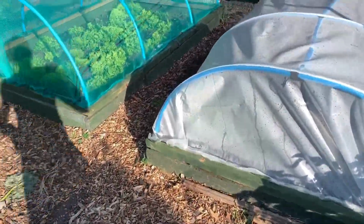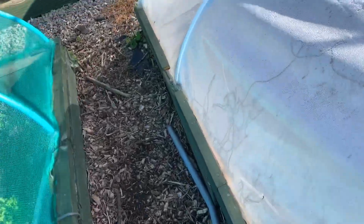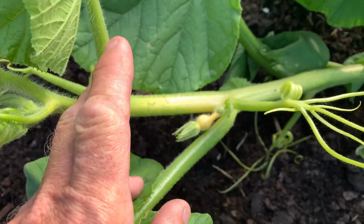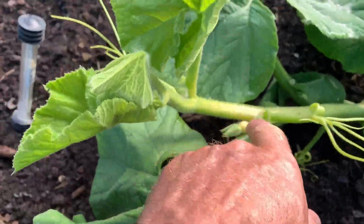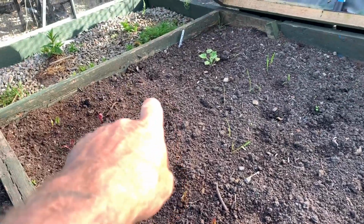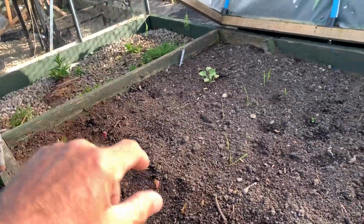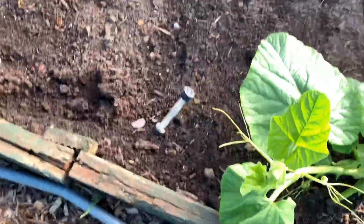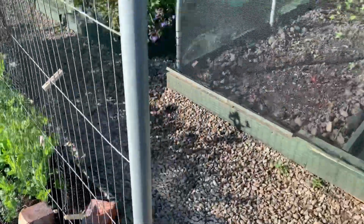Oh, hey, we've got a pumpkin. There you go. First baby. So we'll let it get 4 on. Keep the 4th one. Cut all the little ones off. And it should be about there in that corner. We'll just let it grow there and do the same with that one if it ever grows. This one now. And if I can find it again,